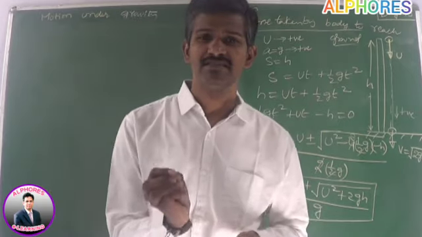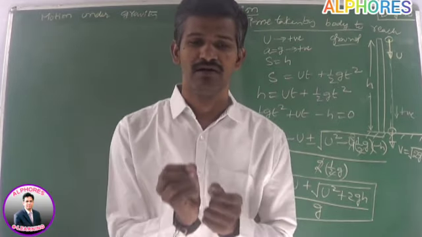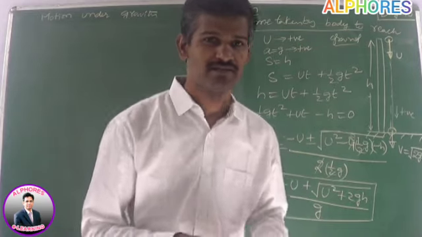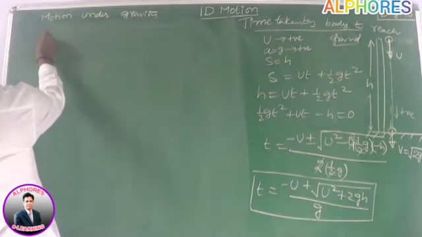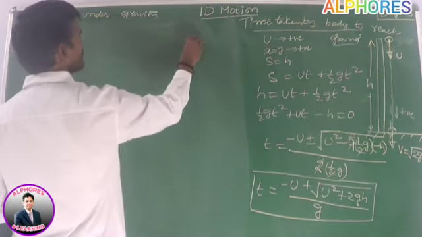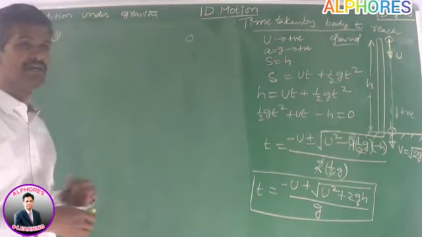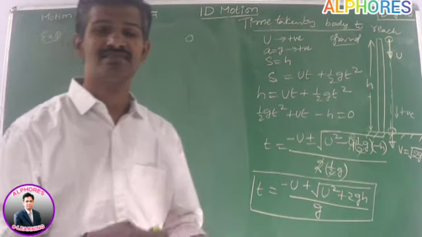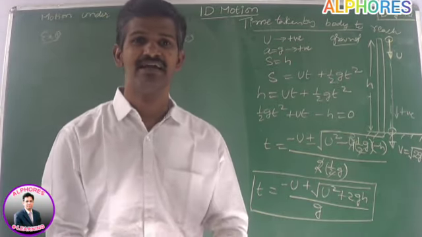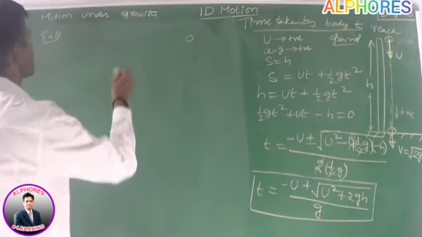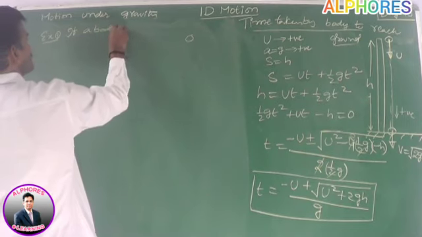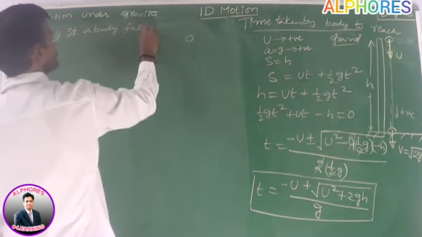Students, I will discuss a few small problems related to freely falling bodies. Suppose, for example, a body is released. Find the ratio of the distances traveled by the body in 1 second, 2 seconds, 3 seconds, and so on. This is the question: if a body falls freely,